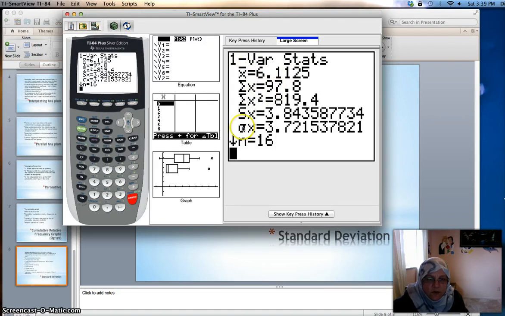Notice there are 2 standard deviations. When in doubt, use S sub x. That's the standard deviation for samples, 3.84. This one here is the standard deviation for populations. It's calculated slightly differently, but when in doubt, use S sub x. Okay, and so there's your standard deviation from the calculator,